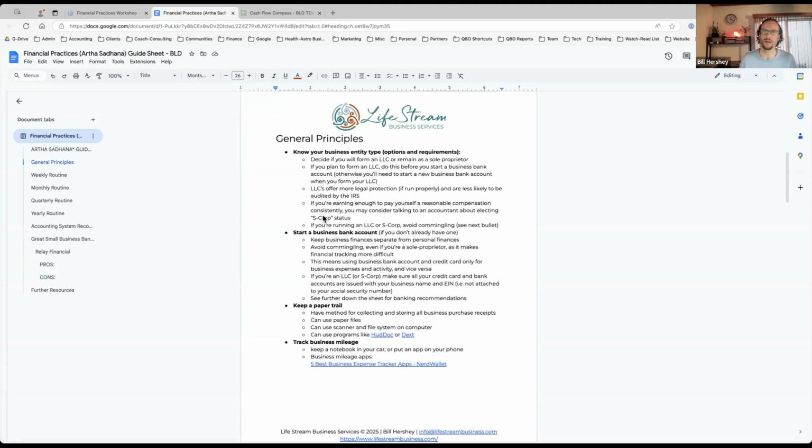We don't want to use our personal bank accounts and debit cards when we're paying for business expenses. It just makes it really difficult to track your business finances when that's going on. If you run an LLC and you're in the United States, that's also an occasion we call commingling. That's the jargony term that we use in the accounting world. Commingling is where we're mixing our business and personal expenses.